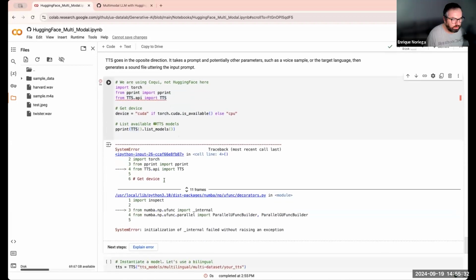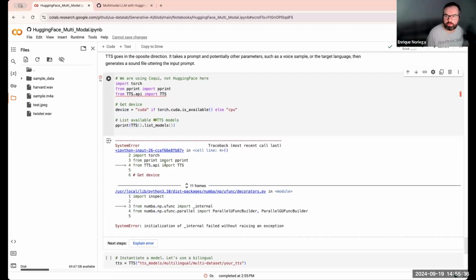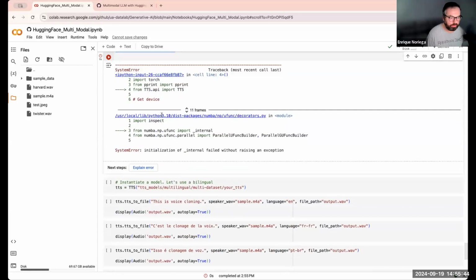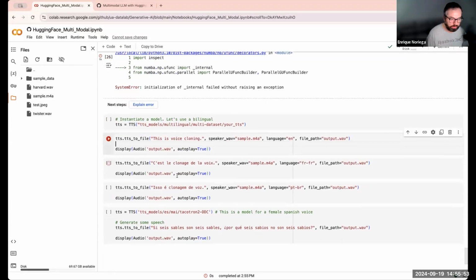No. Okay. Well, we're almost out of time, so I'm going to explain what TTS means. That is text to speech. In text to speech, you give an input text prompt and get an output audio prompt. So when you run this notebook,